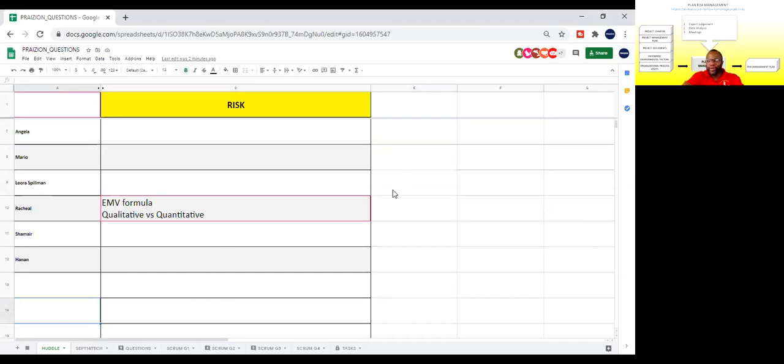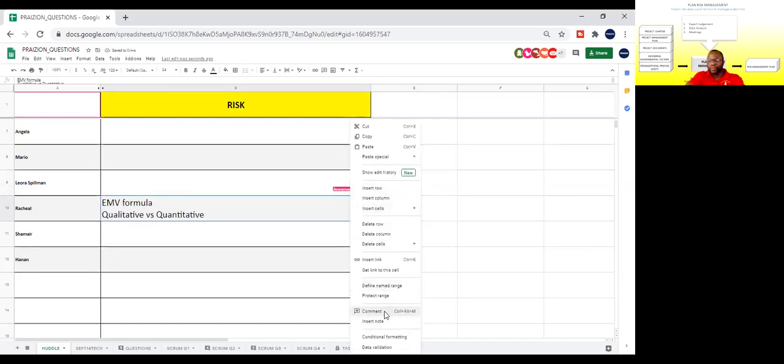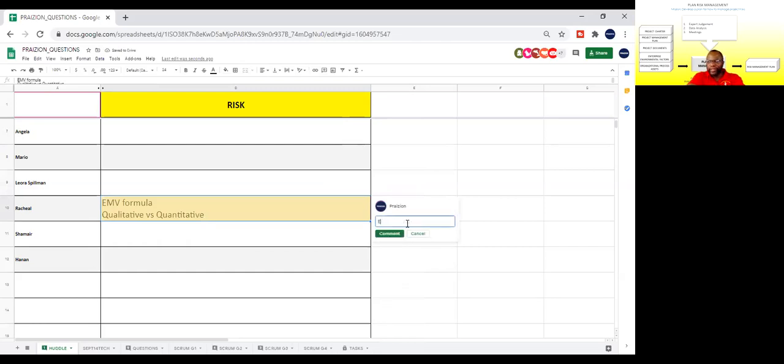The EMV formula, very good, Rachel. So let's see, the EMV formula, expected monetary value. Oh, and reserve analysis, okay. Let me do it in the comments. So EMV, expected monetary value, is equal to percent, that is the probability, times impact. And it could be impact in dollars. All right, that's EMV. And the key thing about qualitative versus quantitative, you can say qualitative